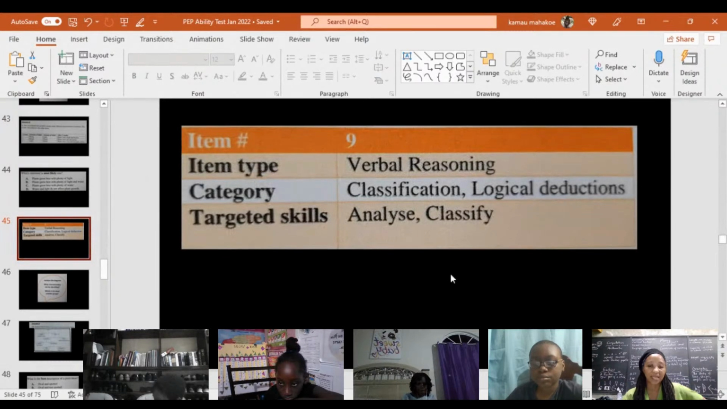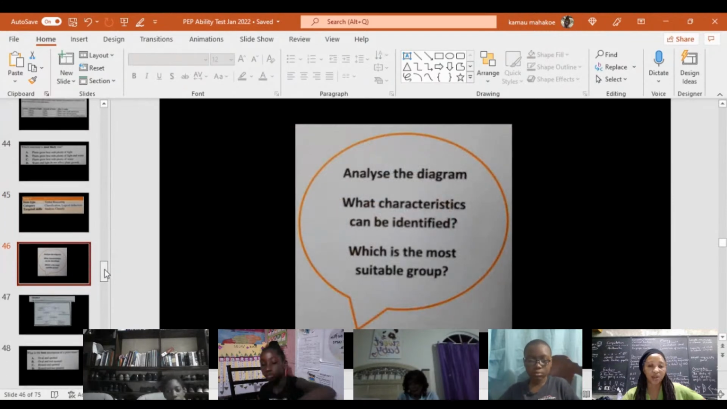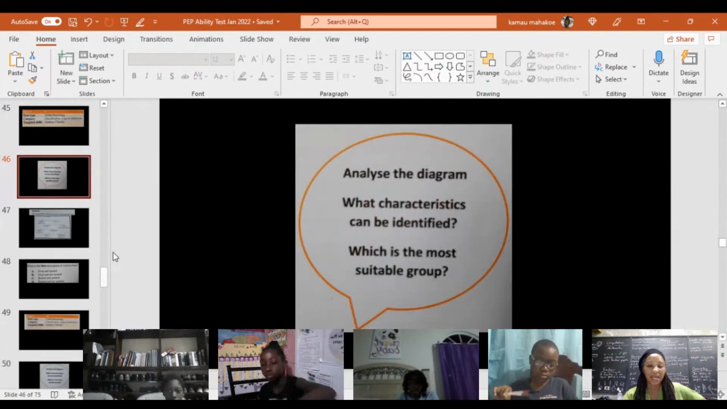For item 9, verbal reasoning, and the category is classification, logical deduction, targeted skills to analyze and classify. And we are encouraged to analyze the diagram, what characteristics can be identified, which is the most suitable group. All right, so